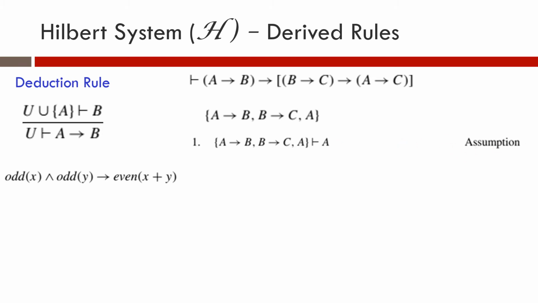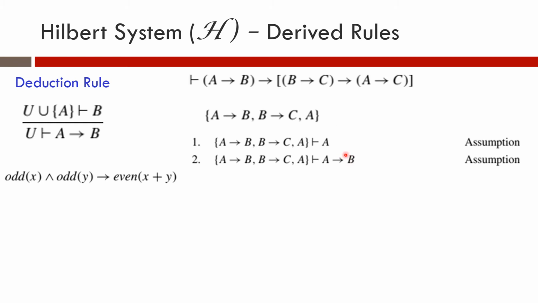In the next step, we again can take some formula in this set and make an assumption that it is already proved, that it is provable. So let us take A implies B. In the next step, we can say that from A implies B, B implies C, A, the formula A implies B is provable. This A implies B is also a formula in this particular set, so that is also an assumption. And now we have one assumption which says that A is provable, and one assumption which says that A implies B is provable.